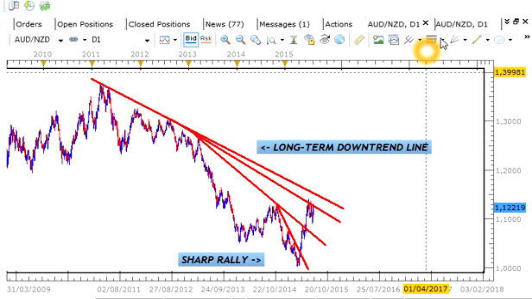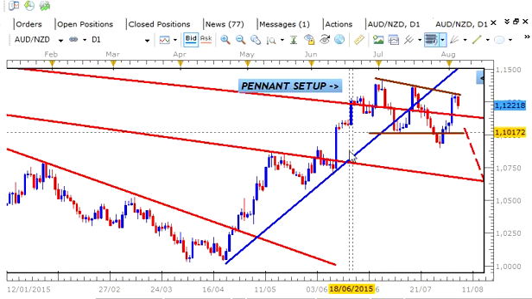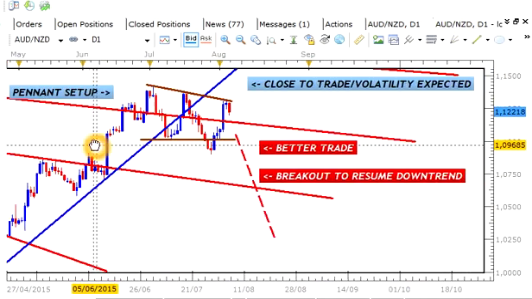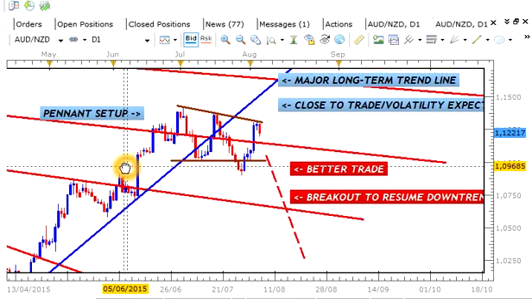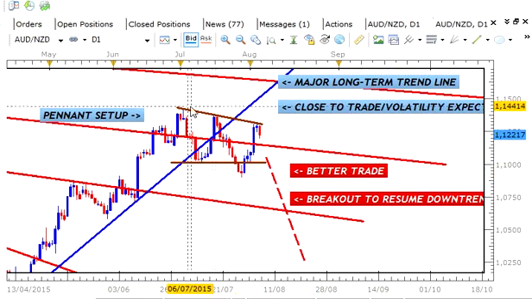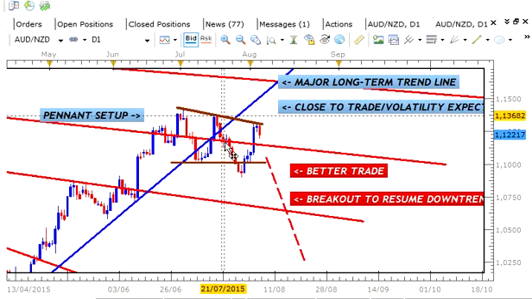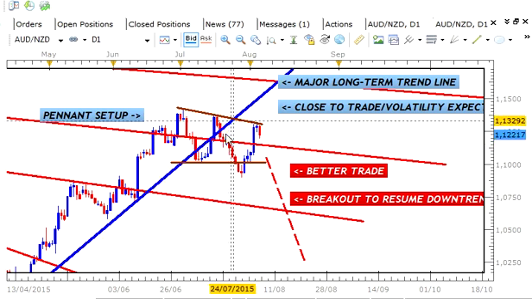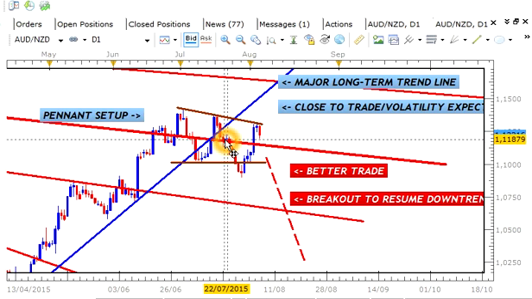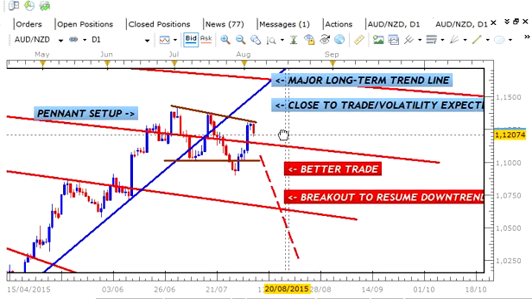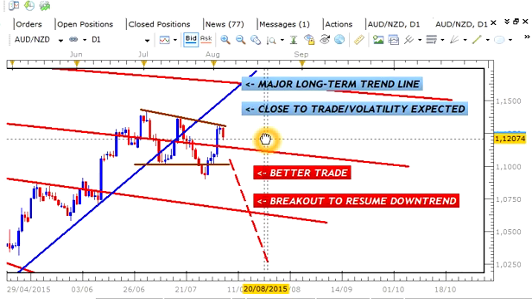And let's take a look at the closer picture of what's going on. Here we can see that this has actually taken the form of a pennant setup at this downtrend line here. So what is the situation that we're now looking at? Well,